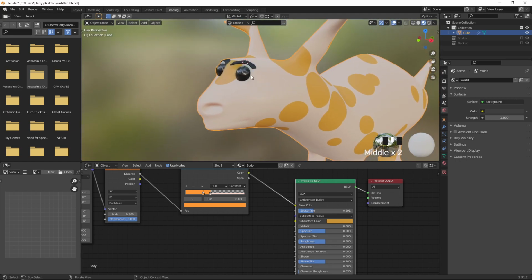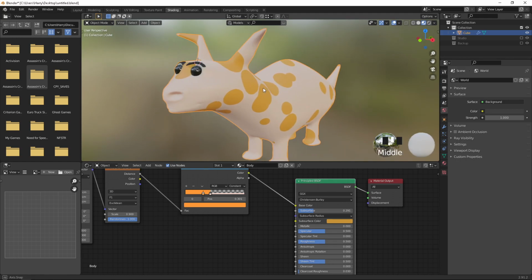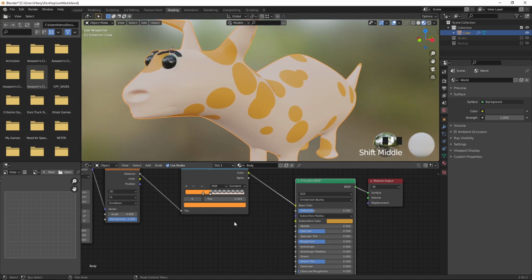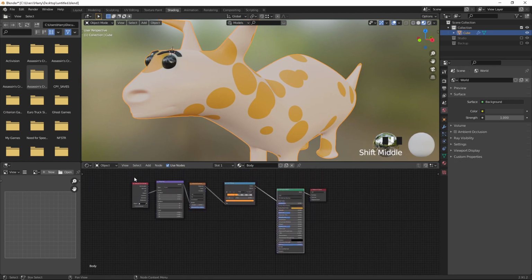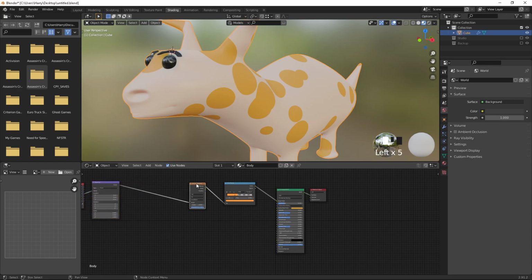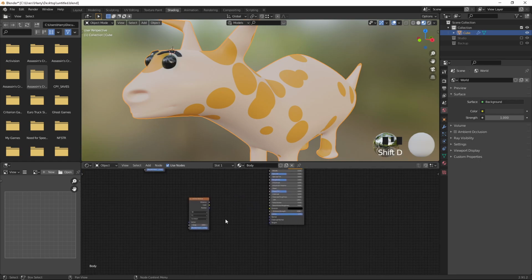So now we are going to give the bones for this. Okay, for the roughness skin, I'm going to select all of these. I'm going to move this a little bit tightly here, and duplicate this with Shift D, and create a bump node using Shift A and search for bump.